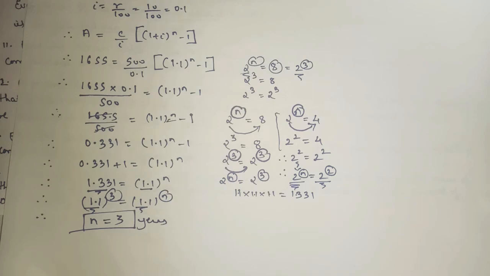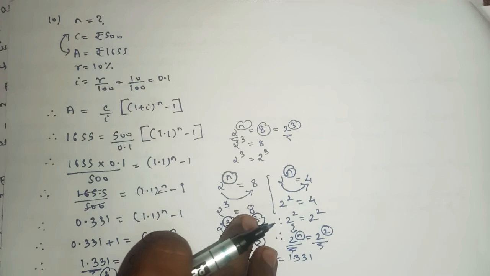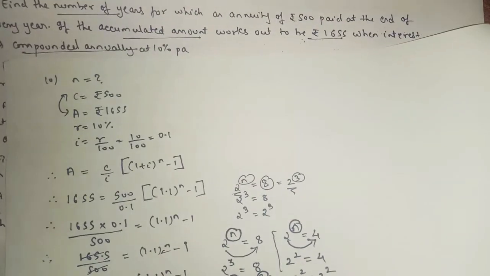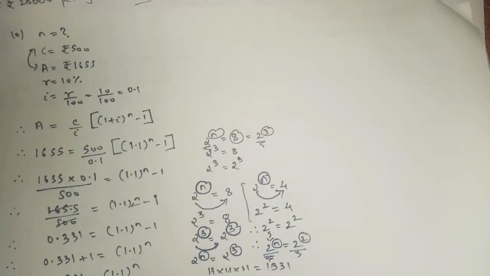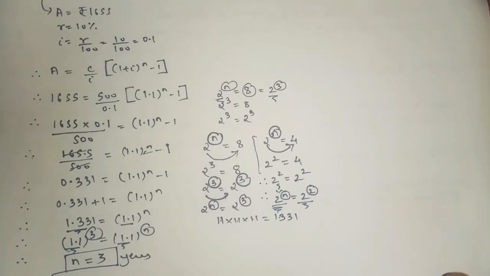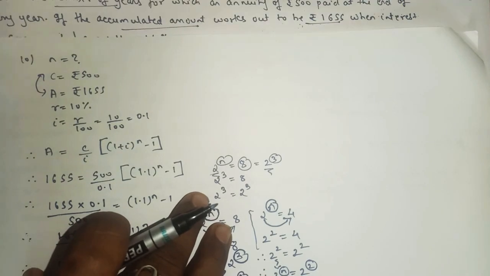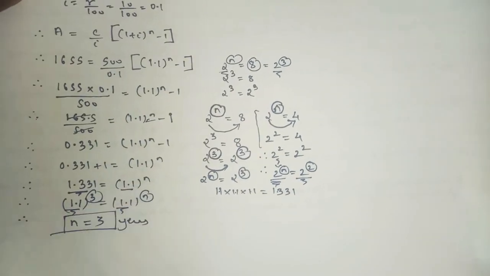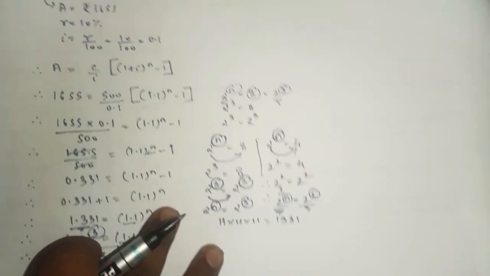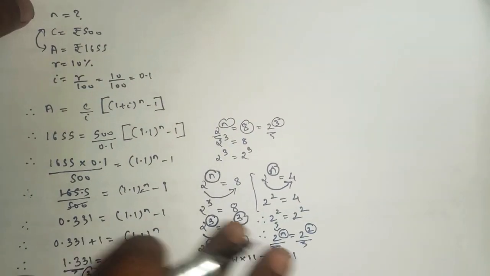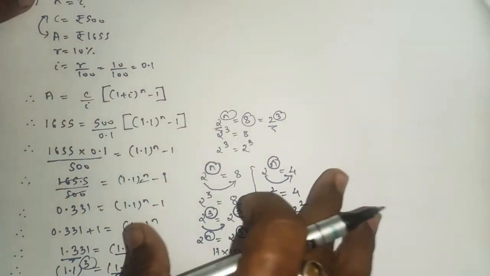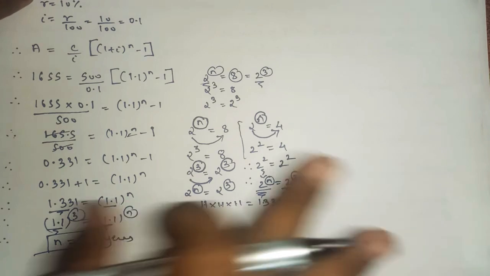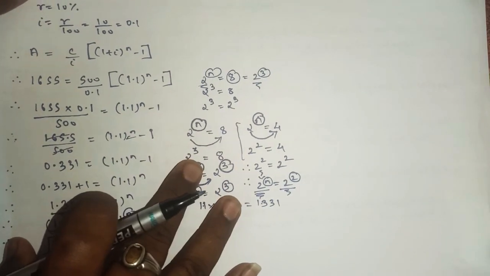I hope you all understood question number 10 as well. As I told you, question number 9 and 10 are the only two different sums and the rest are similar. In question number 9 we have to find the rate of interest, and in question number 10 we have to find the number of years, and these two sums are very important for 3 to 4 marks. Sometimes they ask for 3 marks, and sometimes in many papers I saw they ask this sum for 4 marks. So these two sums I will say are very important sums.